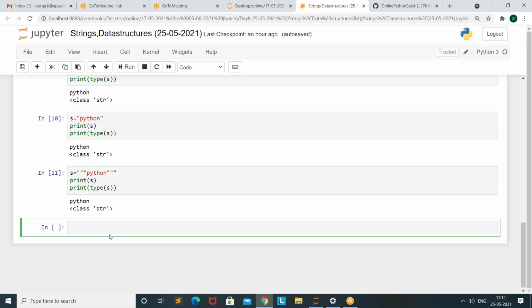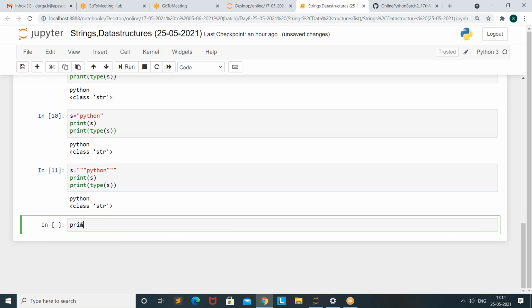In a string we can give numbers. So in the basics you already know that we can give a string with numbers.